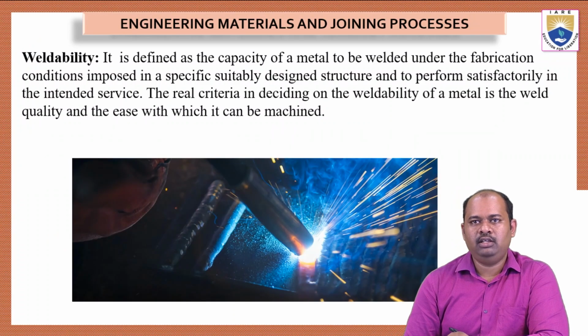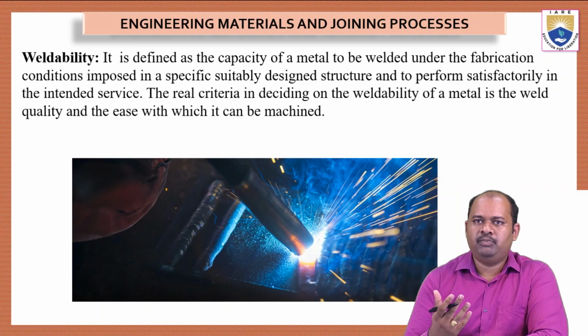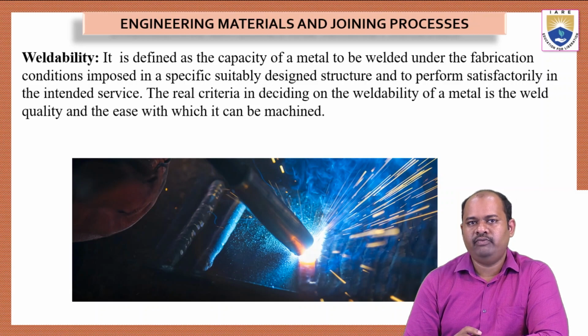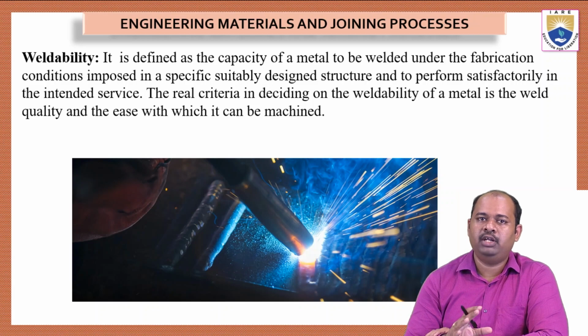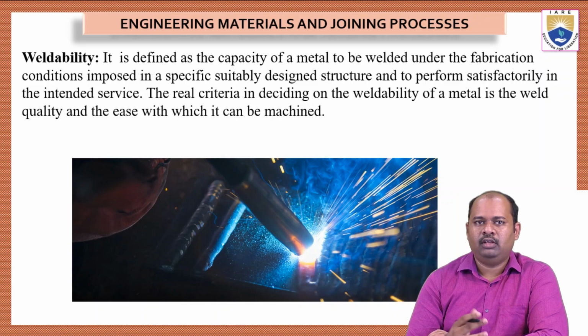And then we have weldability. Metals should have this property of weldability, where they can be easily welded. That means two pieces of the same metal can be easily welded together in order to form a permanent joint. We know the technique welding is used for making permanent joints. It is not a temporary joint, because we heat the two metal plates locally and form a joint. This joint will be as permanent as the original plates, yet they can be joined in